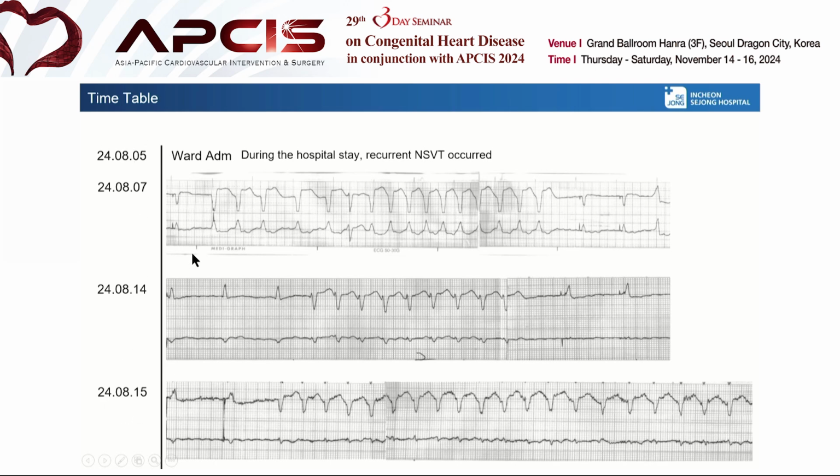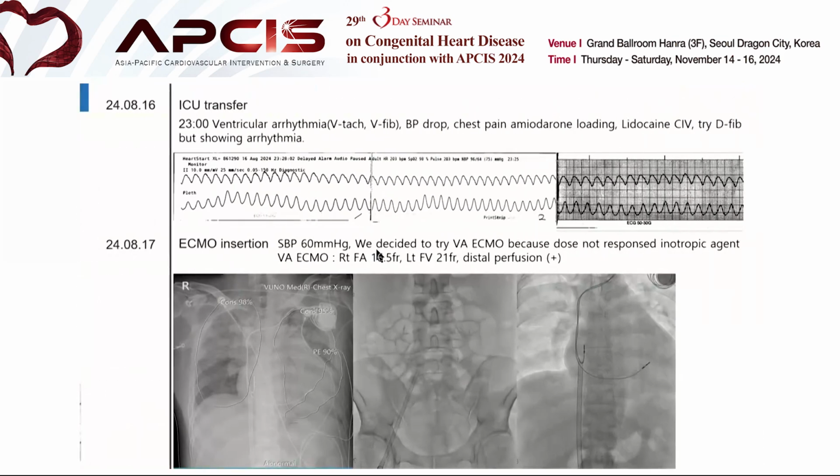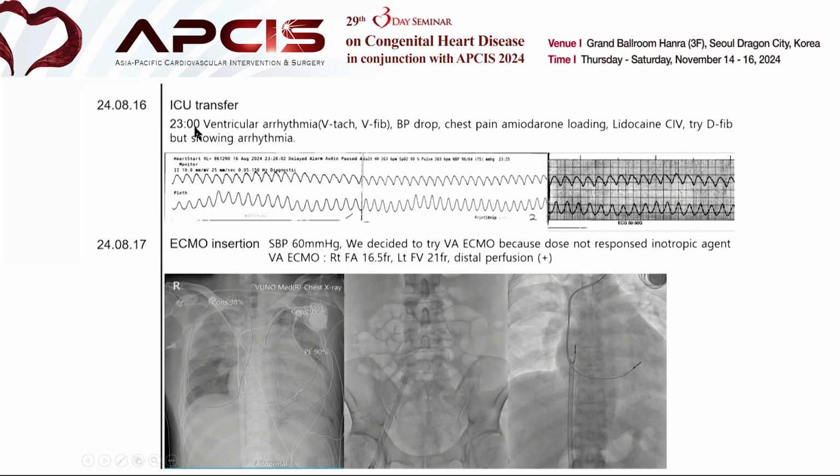acceptance of LVAD. However, it took 2 weeks, and even though there were some non-sustained VT, he looked stable. However, at that time I prayed, oh no, he might have sudden cardiac arrest due to refractory VT or VF before LVAD. So I prayed for the acceptance of the LVAD. Yeah, unfortunately, one day